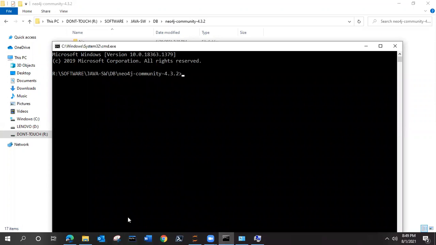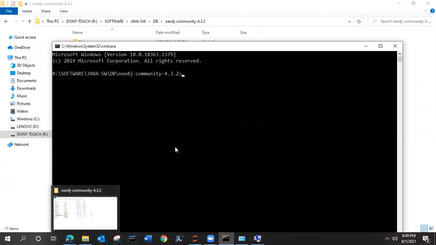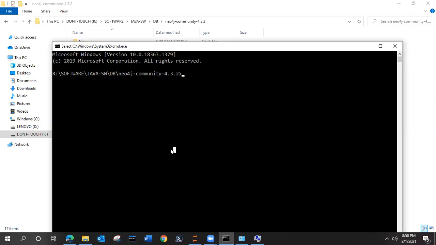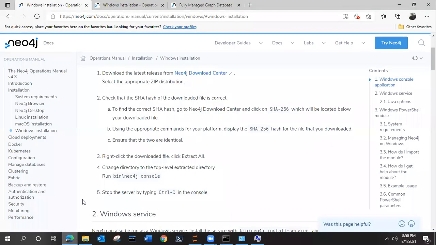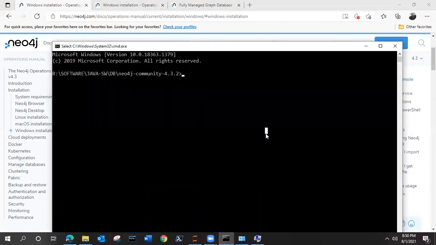Now how are we going to verify whether Neo4j is installed on your machine or not? For that, it says that after extracting the zip file, you need to execute this command. Just quickly copy and paste it into the command prompt where your Neo4j is present. Wait for a few seconds and it will show you a message whether it has started or not.